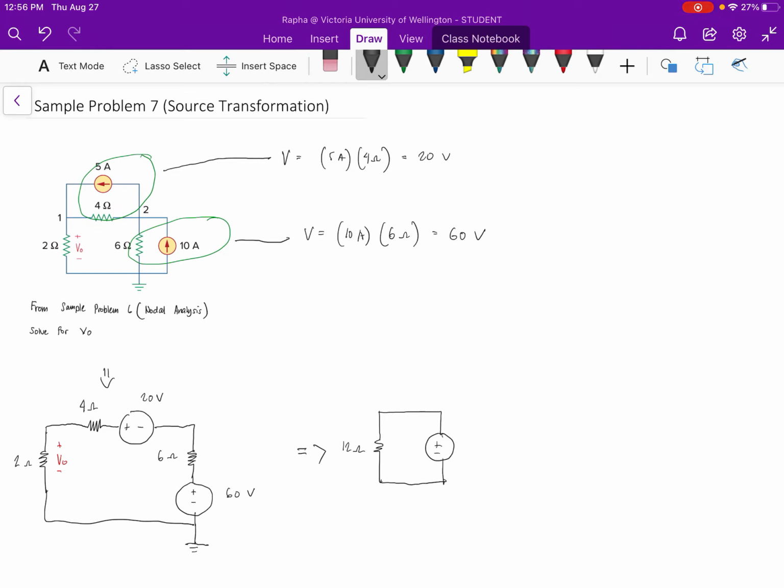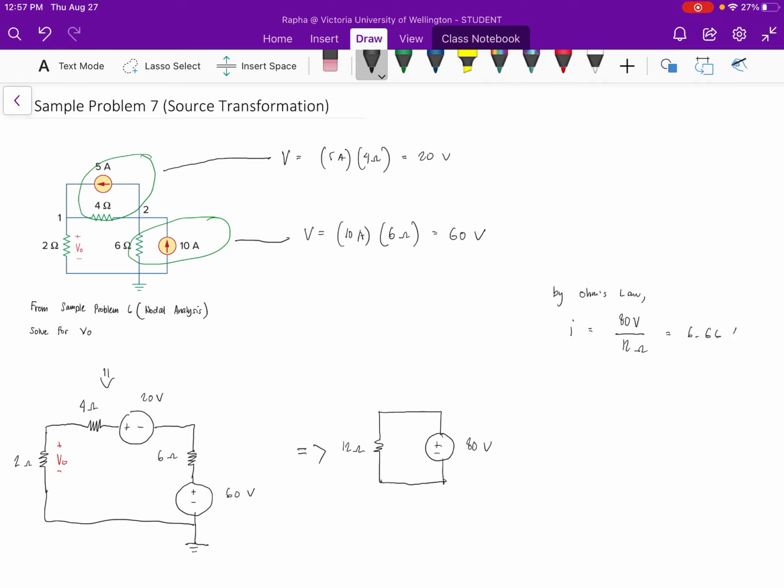So we have 20 volts plus 60 volts, which is equal to 80 volts. So by Ohm's law, I is equal to 80 volts over 12 ohms, which is equal to